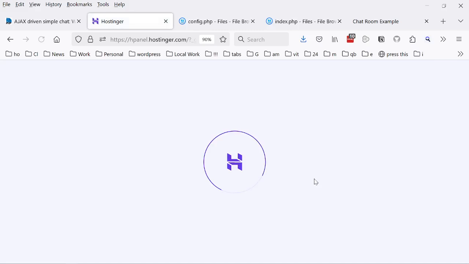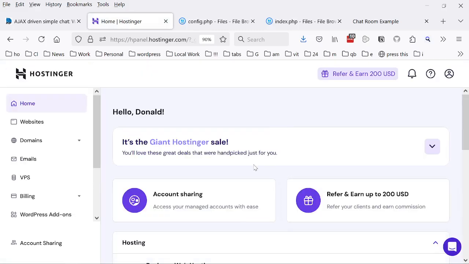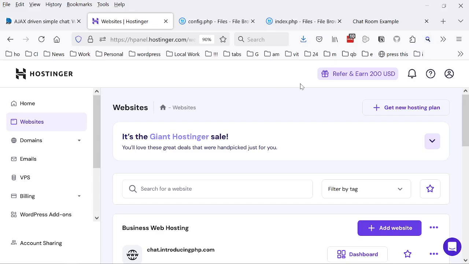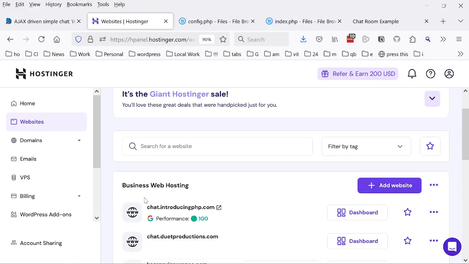And if I click on login, I get back into my account here. And if I click on websites, once you have everything all set up, you could add a website, which is what I did to come up with chat.introducingphp.com. And if you go on to here, if we go into the dashboard,